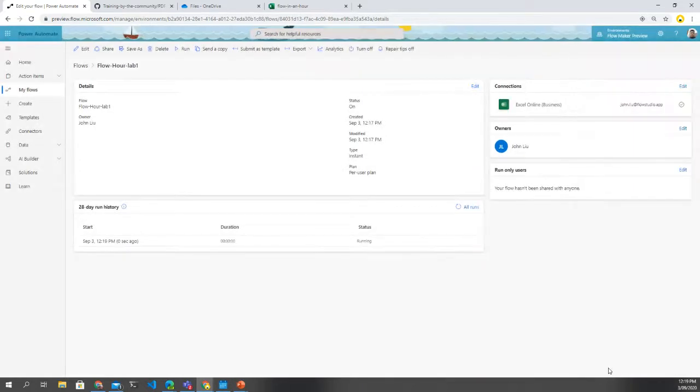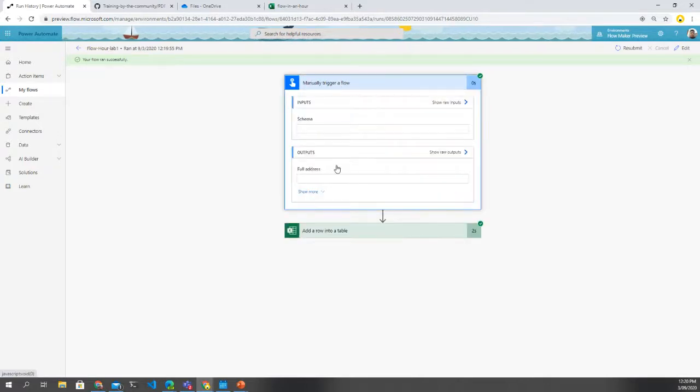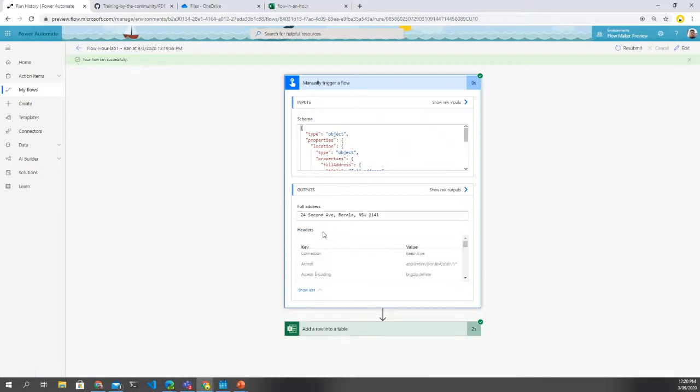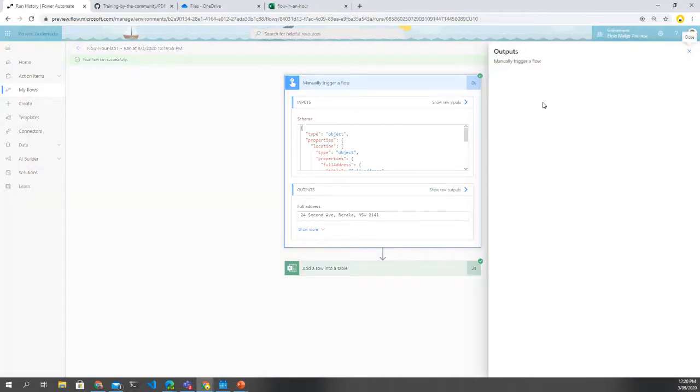So if I click this now and hit run, and go into this run, hopefully it's successful for you. But if I expand it, you will see, wow, but hard to read. There are more outputs. If I show you all the outputs,